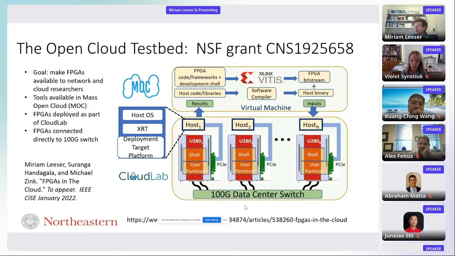So we have different hosts, and you'll notice that the big stacks in this picture are FPGAs. I always joke that this is my kind of picture, because the FPGA is three quarters of the hardware, and the host kind of disappears into irrelevance, because all you want to do is all your processing on your FPGA and directly connect that to the network. Once again, each of these FPGAs is connected to the host through a PCIe link, but it's also directly connected to the network with 200 gig connections to the top of rack switch. And we're going to be looking at supporting P4 in this framework,